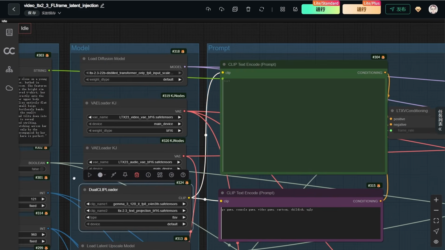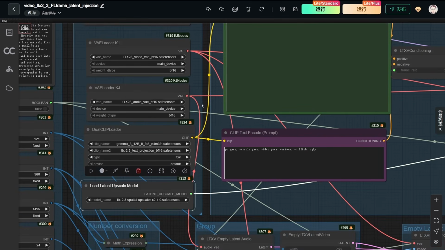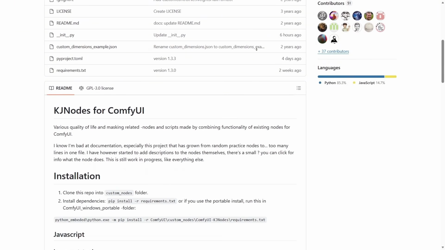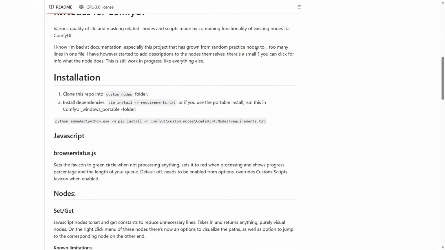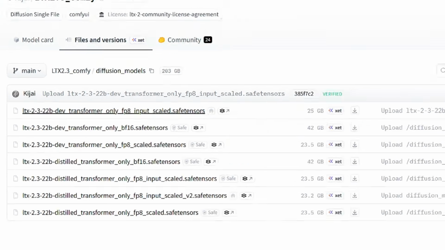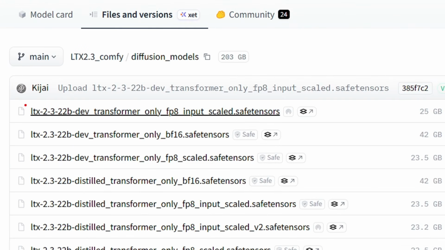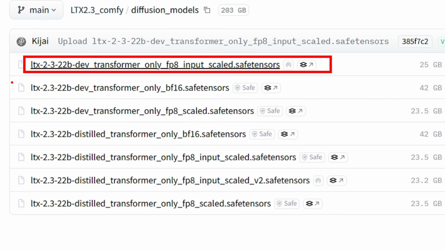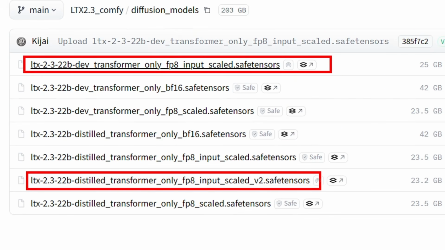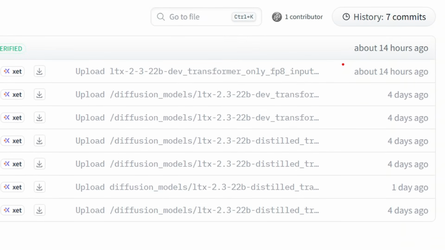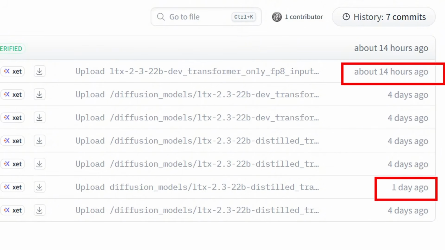To do this, we need a very important extension called Kijai Nodes. Many of you are probably familiar with it already. Just make sure you update it to the latest version. Just a quick heads up. Kijai is continuously updating his nodes for the LTX model. Recently, he updated both the distilled and non-distilled versions of the model. I highly recommend keeping an eye on the input scale version. Due to time constraints, I haven't fully tested it yet, but I personally feel this model is going to bring